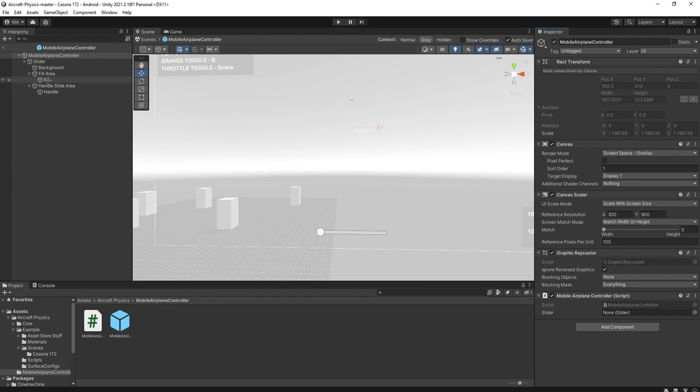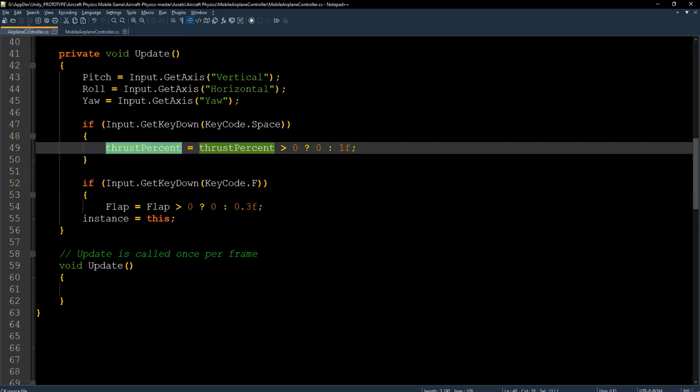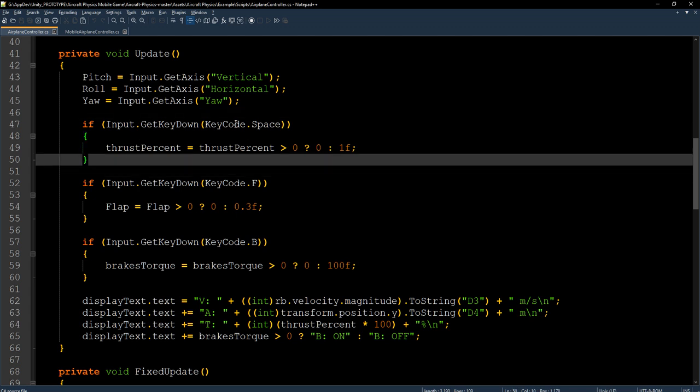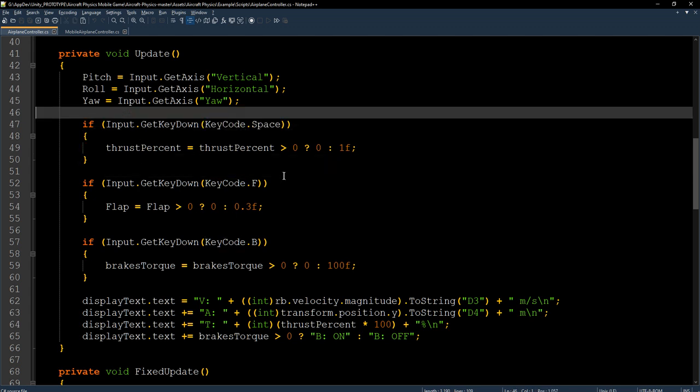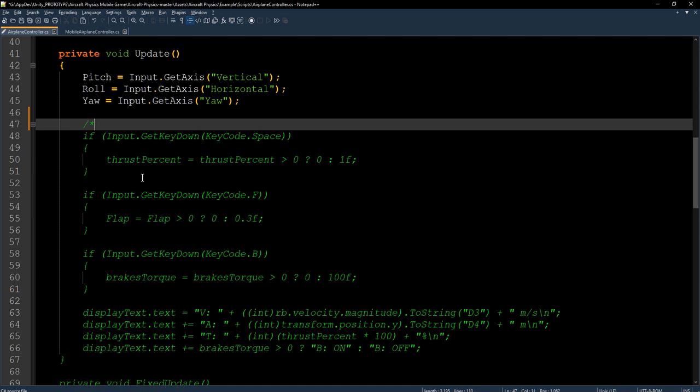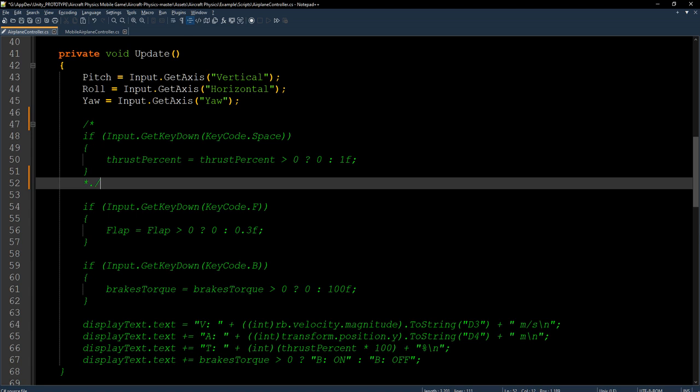We place the slider here. Now we have the UI slider. Then inside this airplane controller, instead of using the KeyCode.Space, we are going to use the slider.